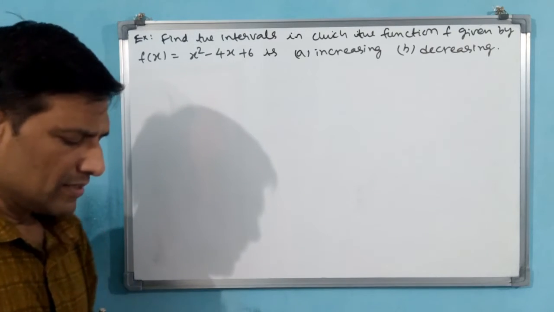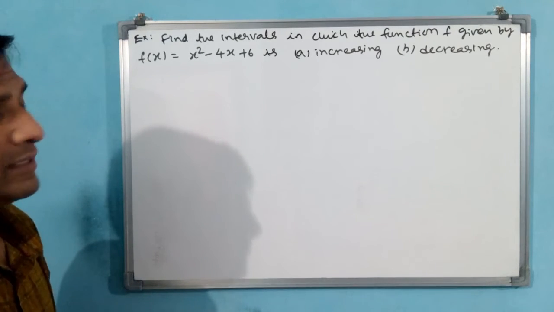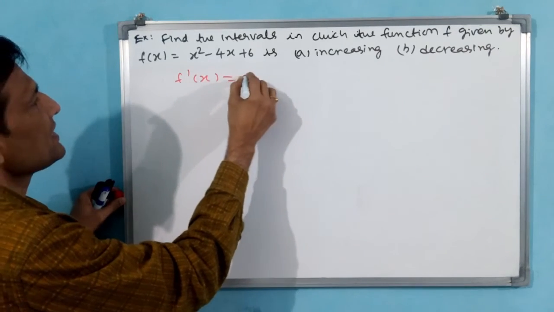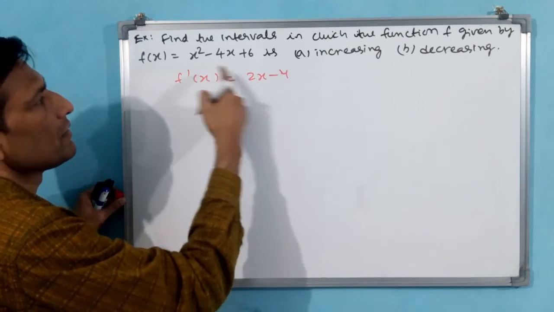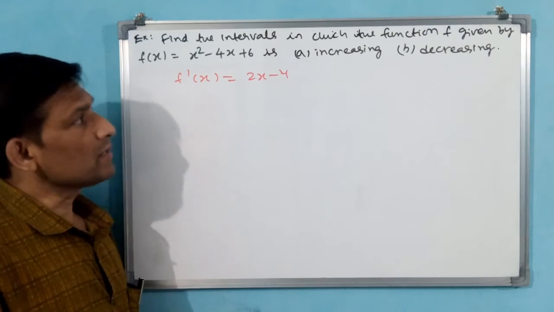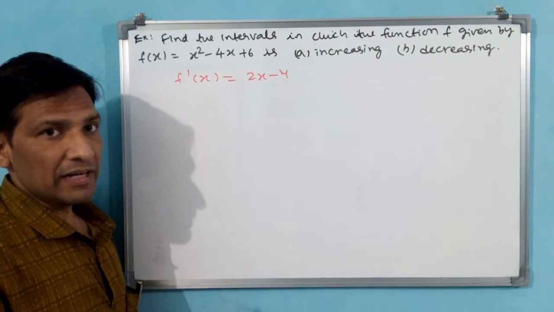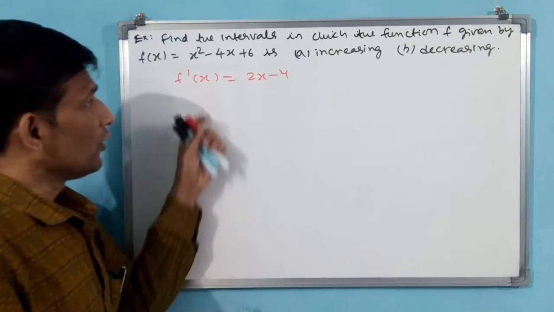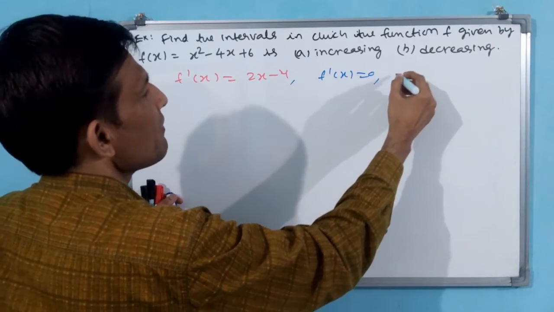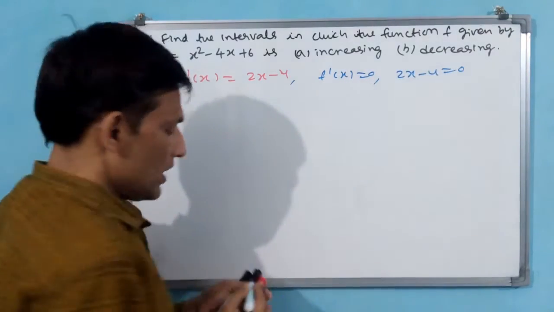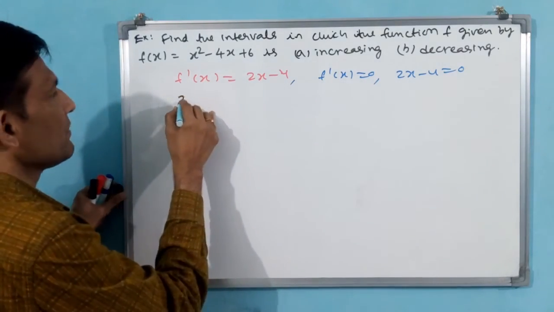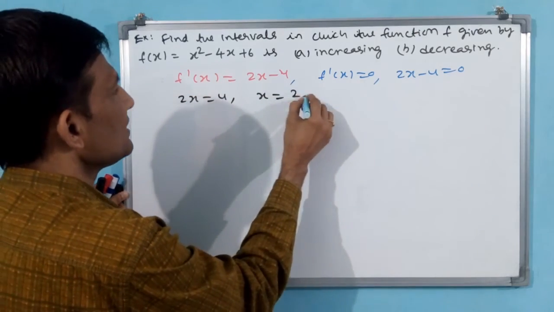Okay? Let us find how to find, and let us see. Function is there. Directly we will do differentiation. F dash x is equal to 2x minus 4. Is it okay? Definitely okay. You see, earlier they have given interval and we have tested. But here they have not given interval. Then how to find interval? You make f dash x is equal to 0. F dash x is equal to 0 makes 2x minus 4 is equal to 0. So we are finding interval. See how the steps are we are doing. Okay, 2x minus 4. That means 2x is equal to 4, x is equal to 2.